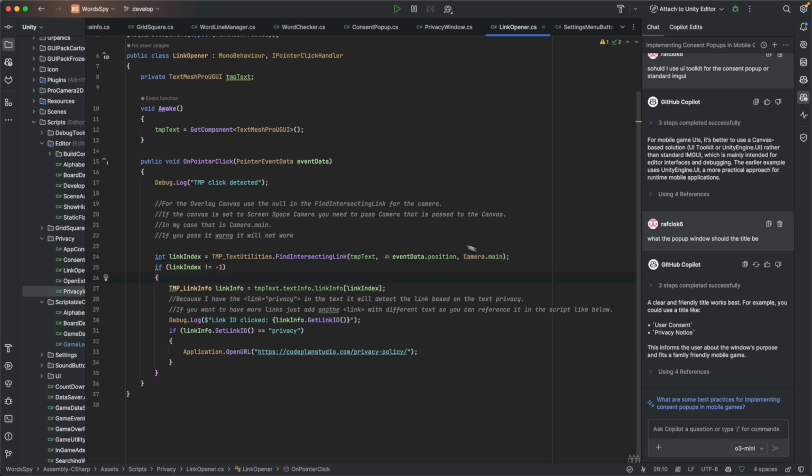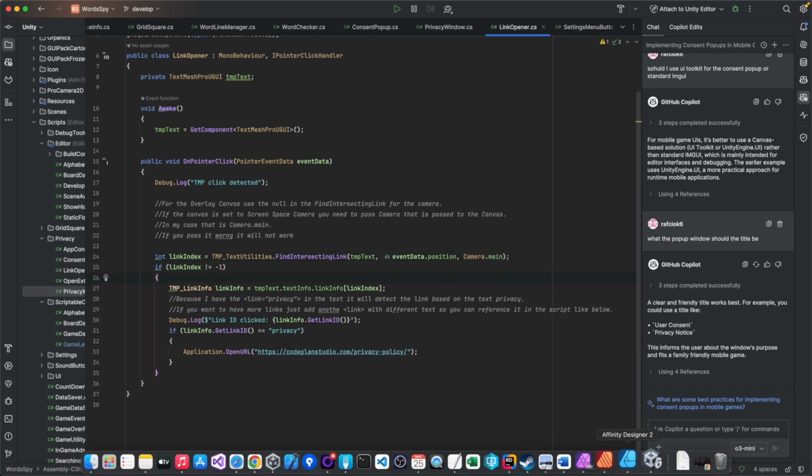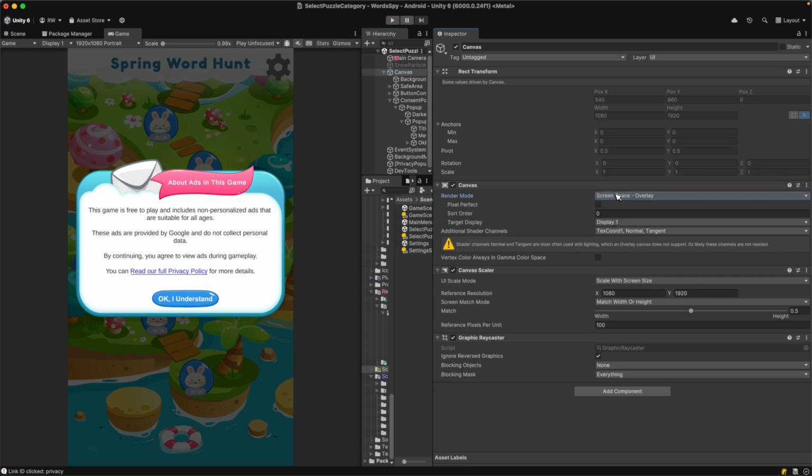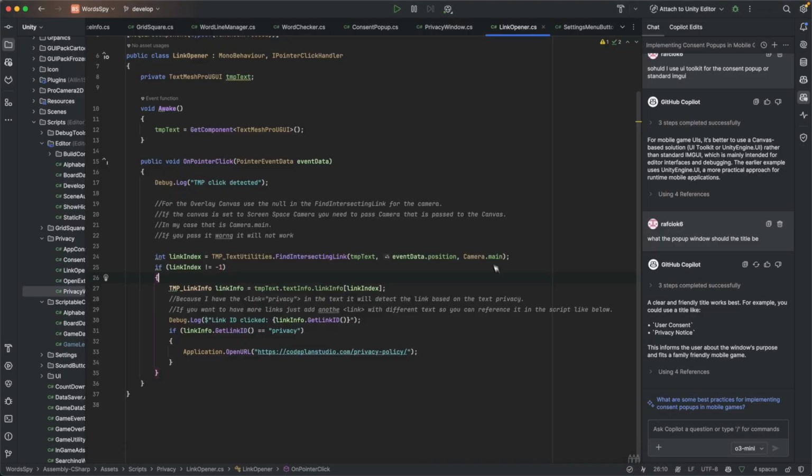camera.name. But if you have your canvas set to screen space overlay, in order for this to work, you will have to pass null over here. So it's going to be null. Okay, so there won't be any camera. So this depends on how you have your project set. And then if we find the link,